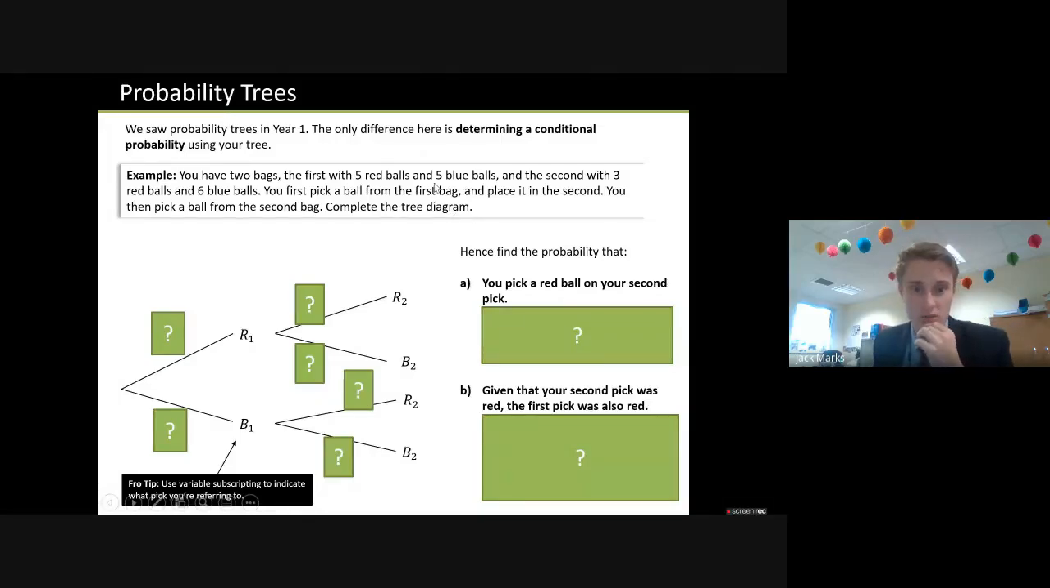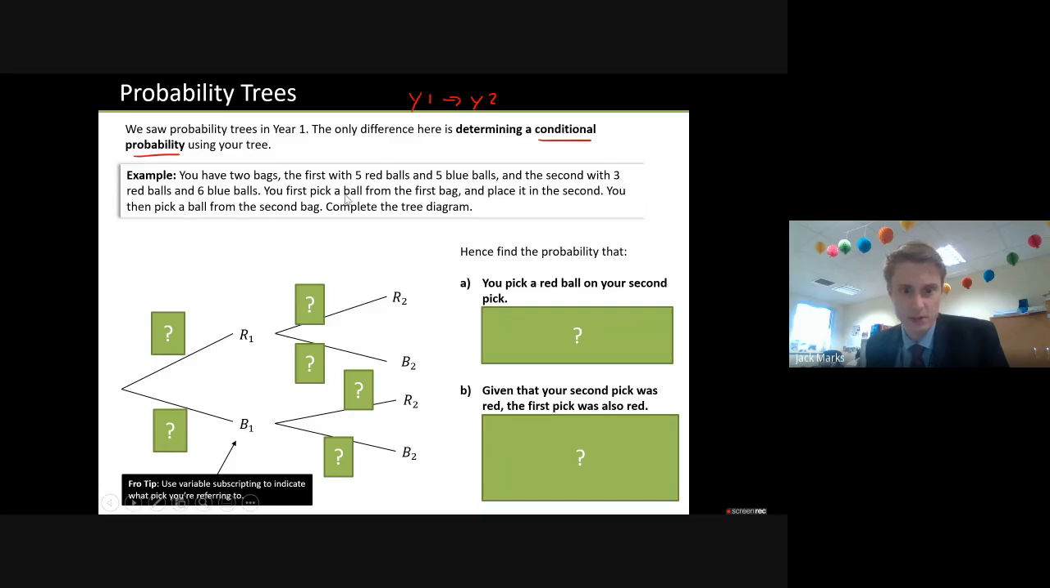Let's take a look at the final section, which is about probability trees. You've seen them before. The only difference is conditional probability. That's pretty much the difference between year one probability and stats and year two: the inclusion of this conditional probability. Okay. So you have 2 bags, the first with 5 red balls, 5 blue balls, the second with